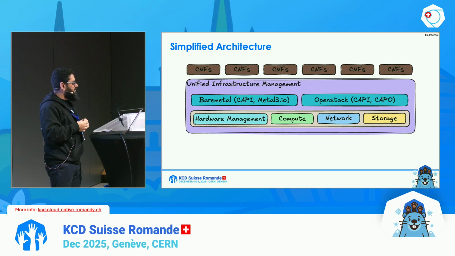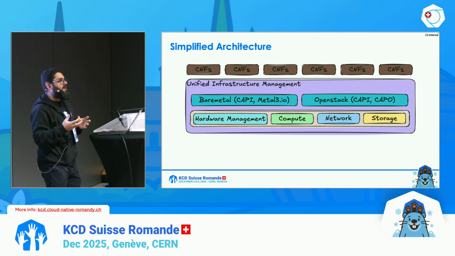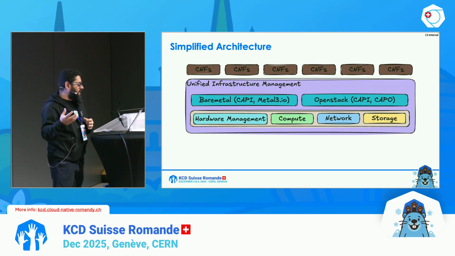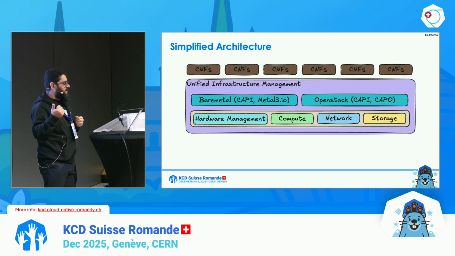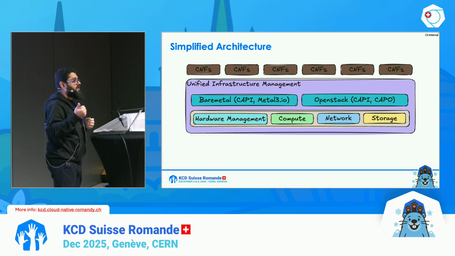And then we have Metal Cubed on one hand for bare metal management, but we are also using Cluster API provider OpenStack. I'm not going to talk too much about that in this talk. I will mostly focus on the Metal Cubed, or bare metal, part. The key takeaway on the telco side is that the architecture is the same for managing a Kubernetes cluster and the bare metal or physical hosts. The same reconciliation pattern that we use for running the application is also used to reconcile the infrastructure itself.